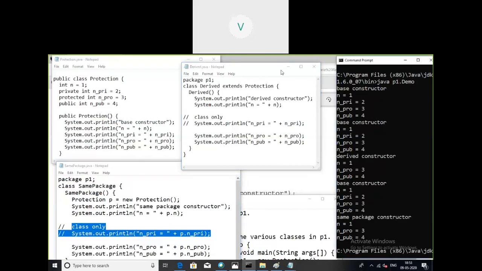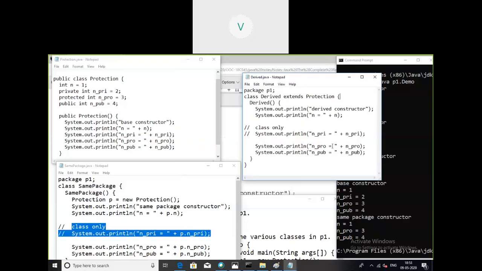What I will try to do here is show that the derived class is not allowed to access private members. These lines are commented. I will remove the comments and show the execution.